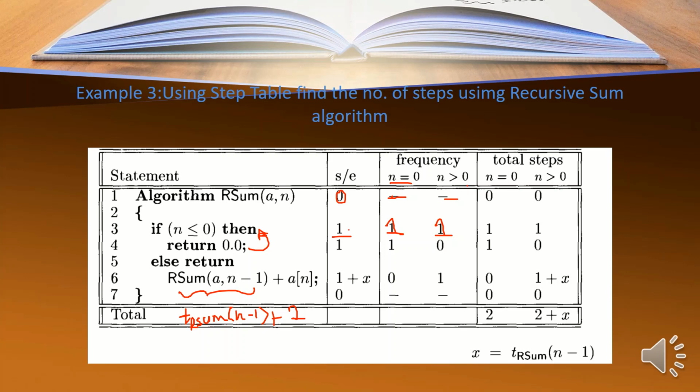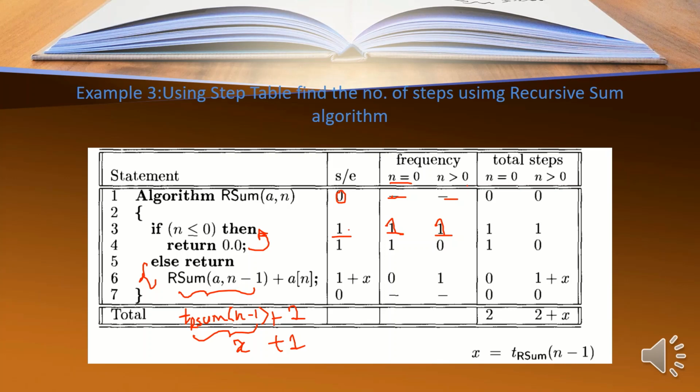So steps for execution is 1 plus x. If n equal to 0, this portion will not execute. You know that this portion gets executed only if n is greater than 0. So that's why it is 0. Here it is 1 time. So 1 plus x into 1 is 1 plus x. So finally the closing curly bracket will get executed 0 times.